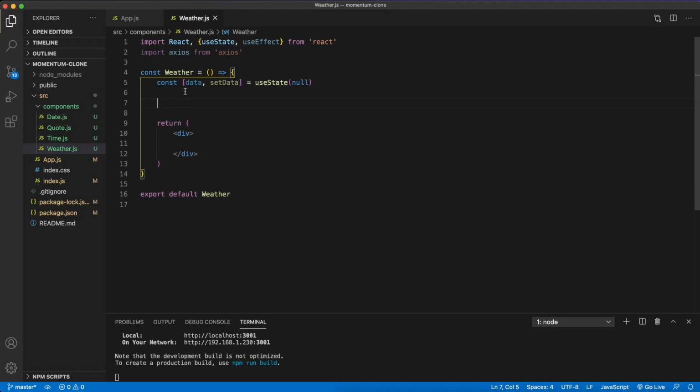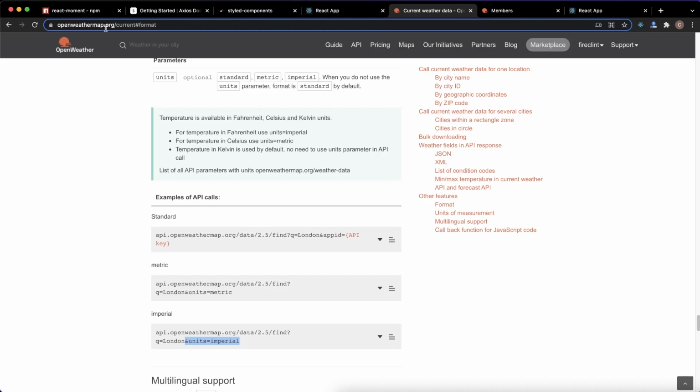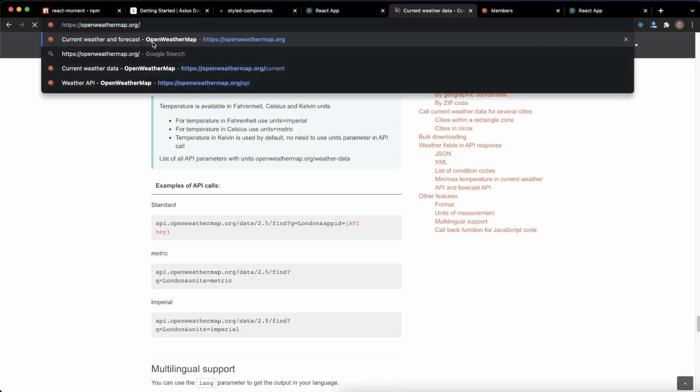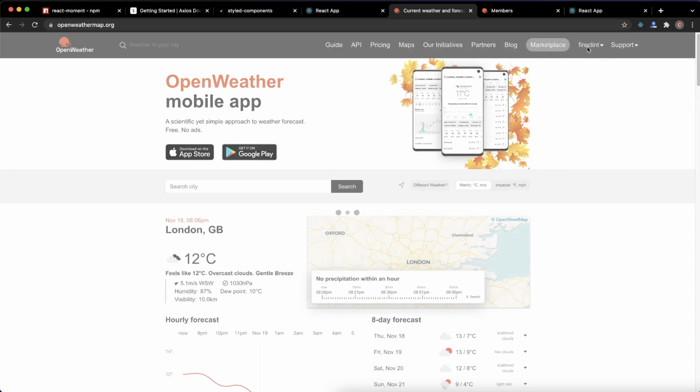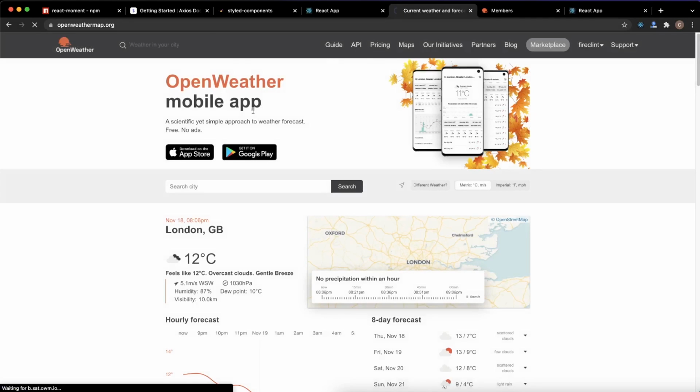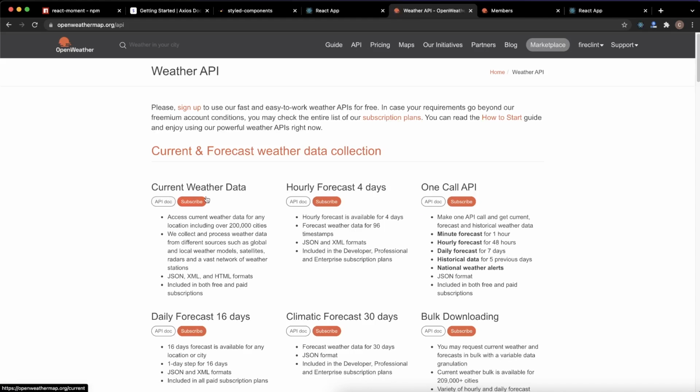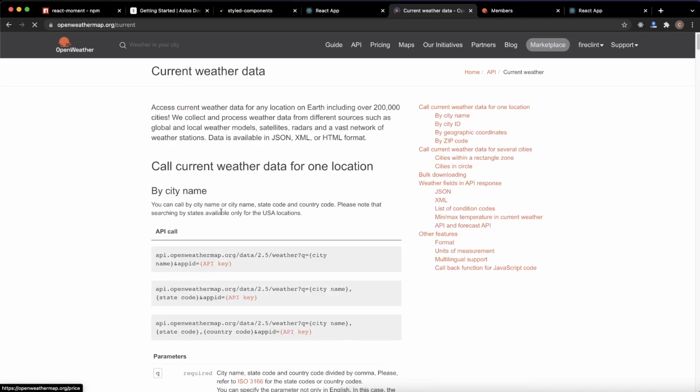So in here, and you know what? Since we're doing our API, let's go ahead and sign up for that. So we are going to use the Open Weather Map API here. If you go to openweathermap.org, I'm already signed in, but just log in up here. It's going to send you an email. Confirm your email. Then once you log in, we're going to click this API, and this current weather data is